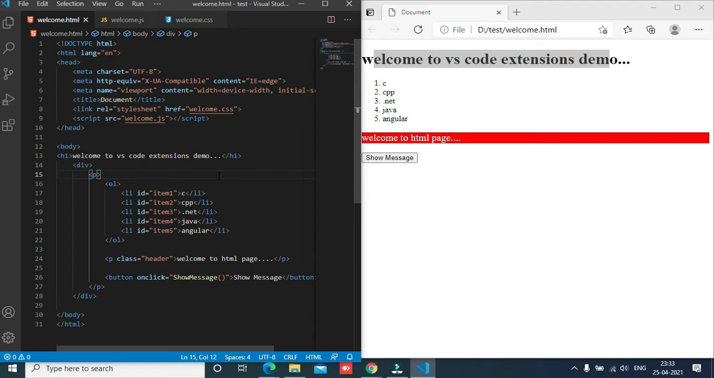Now we'll automate this with the help of live server. So when you install live server, it will automatically reflect the changes you make into your markup or script code or CSS. So let us try this out. So close this browser,